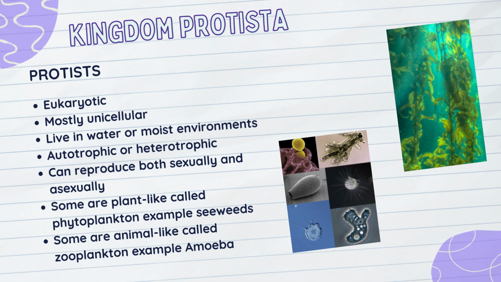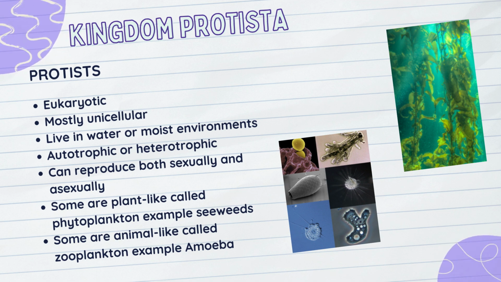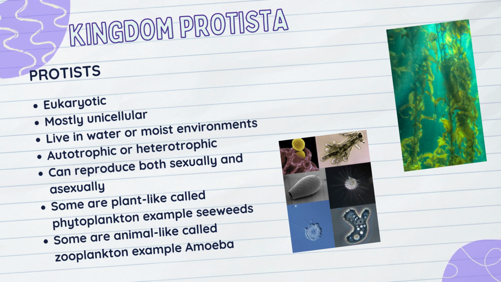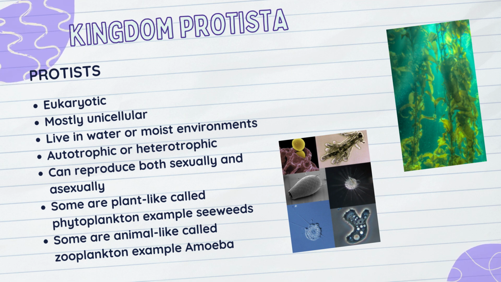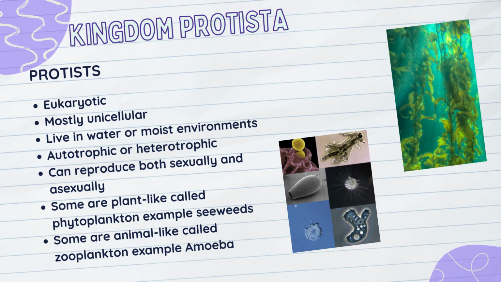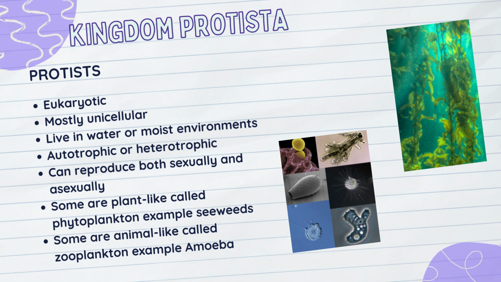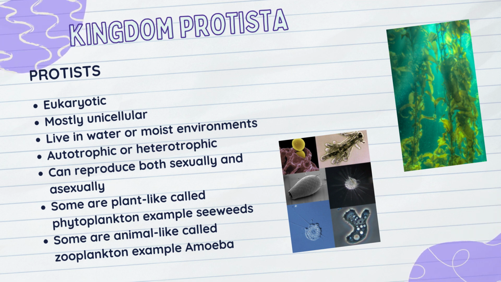We now are going to be looking at kingdom Protista. In kingdom Protista, we obviously have protists, and these microorganisms are either eukaryotes or prokaryotes, but most of them are prokaryotes, meaning they do not have a nucleus and they are unicellular. They live in water or moist environments. They are autotrophic, meaning they make their own food using photosynthesis, or they are heterotrophic, meaning they feed off other